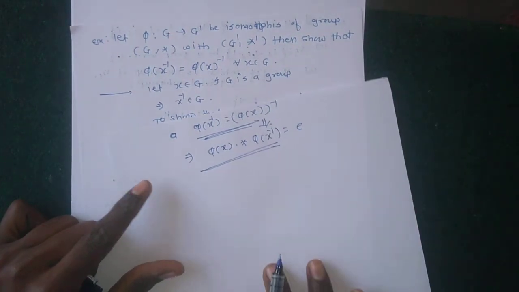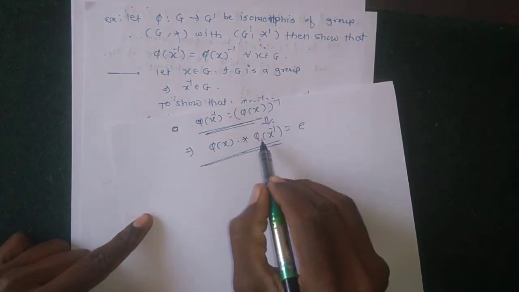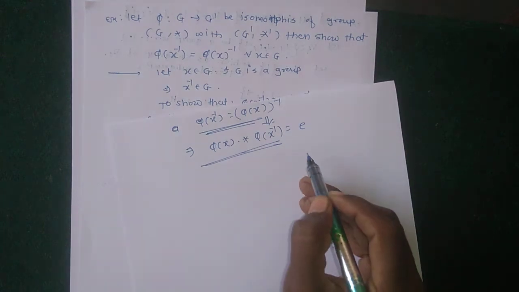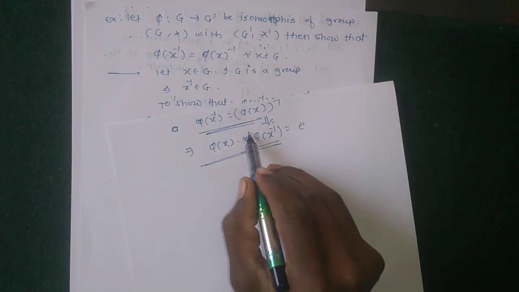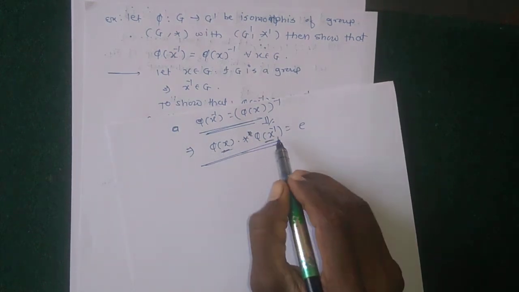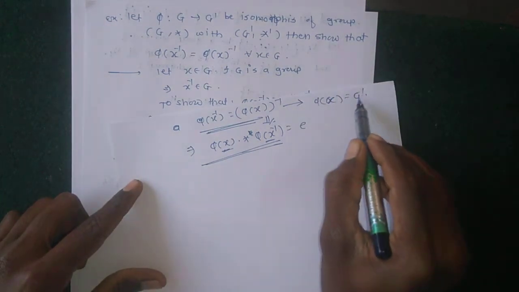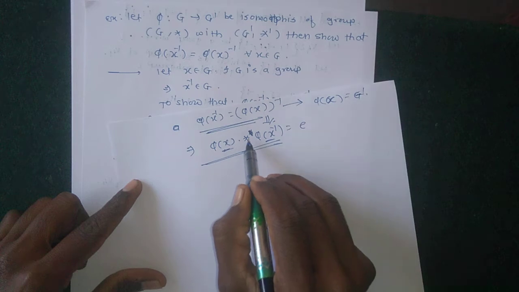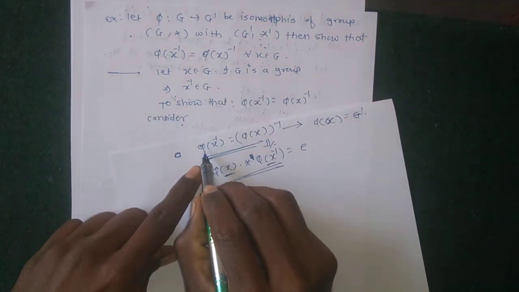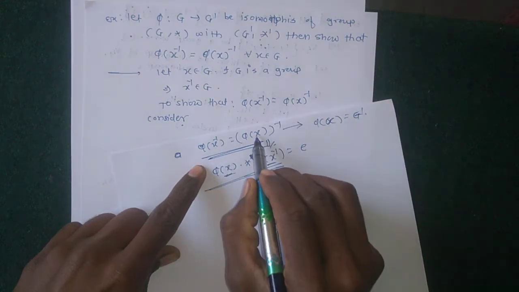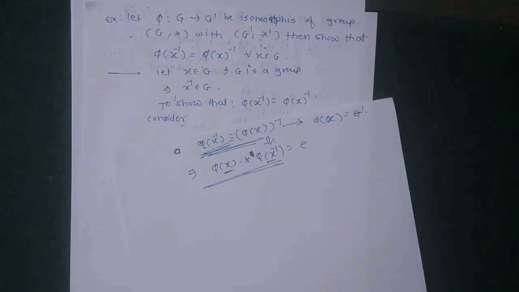This means phi of x star phi of x inverse equals identity, because these elements, phi of x, are elements of G dash and the binary operation of G dash is star dash. Okay. Here to show phi of x inverse, meaning the inverse of phi of x, is phi of x inverse. Okay. To show this,